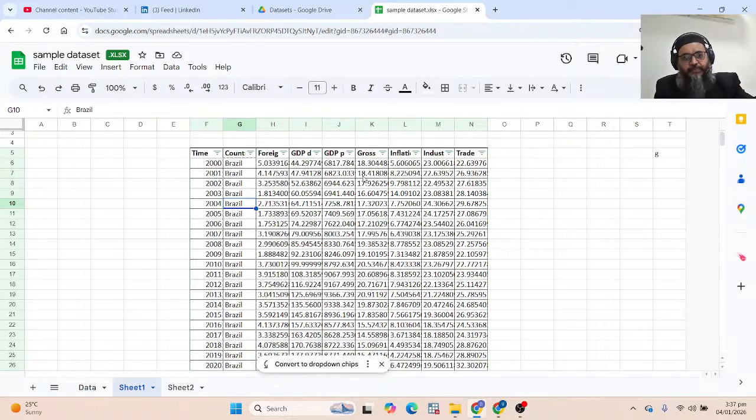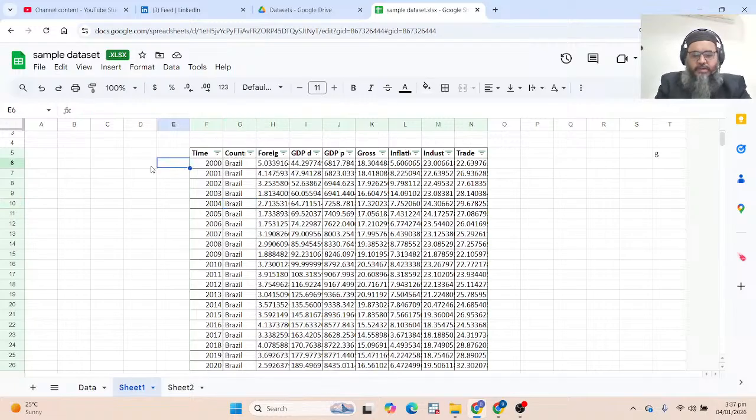Let's see. For example, this is a country name, and I've got my own coding. For example, I am treating Brazil as one. It's the country code.